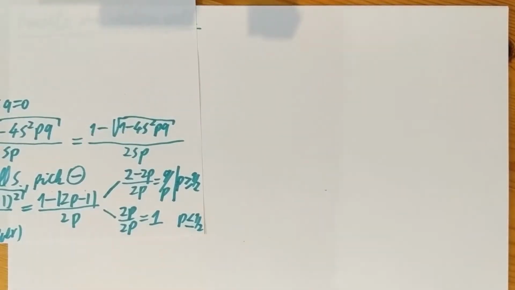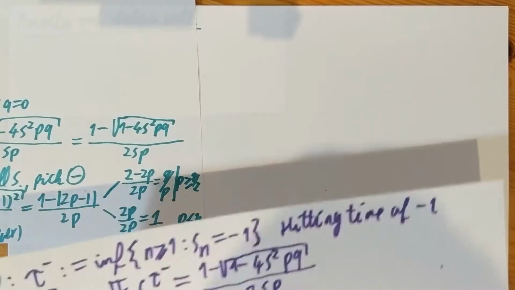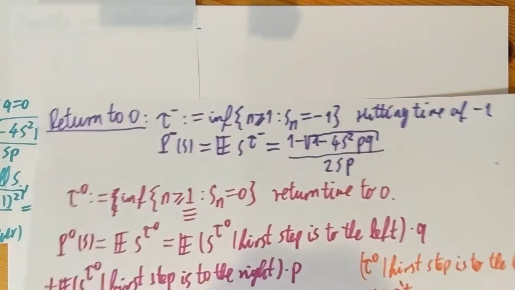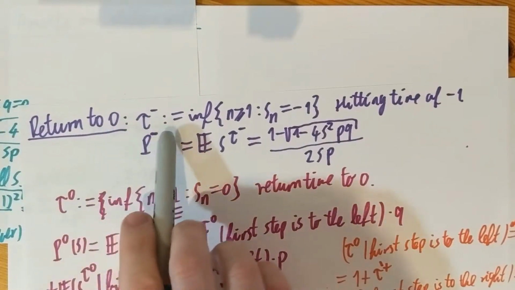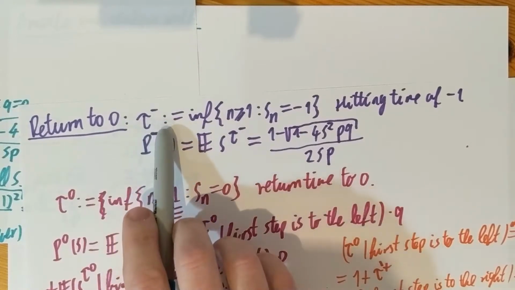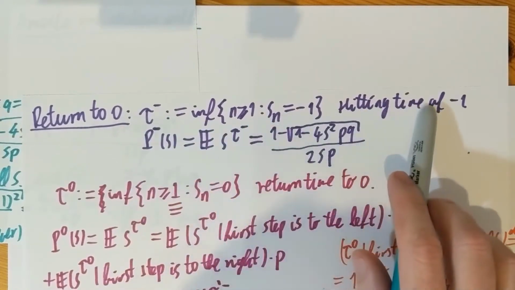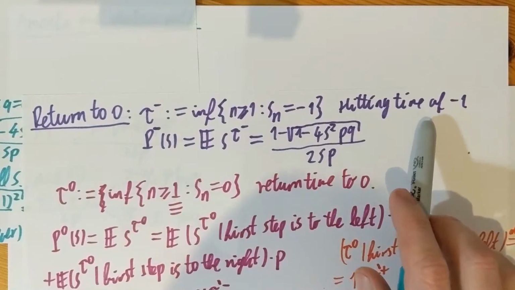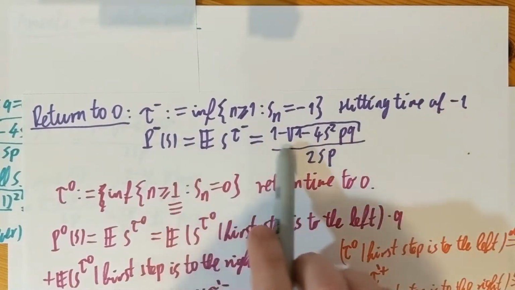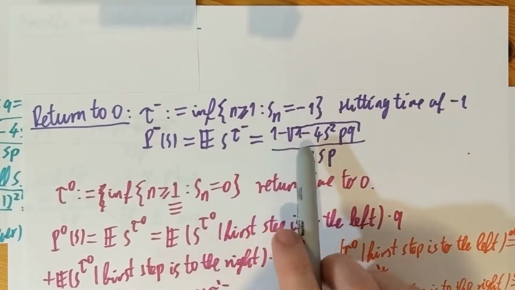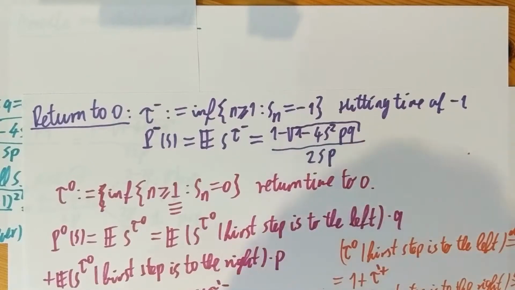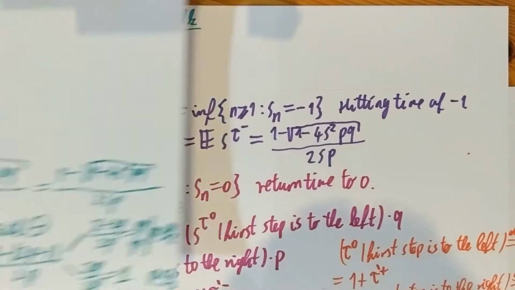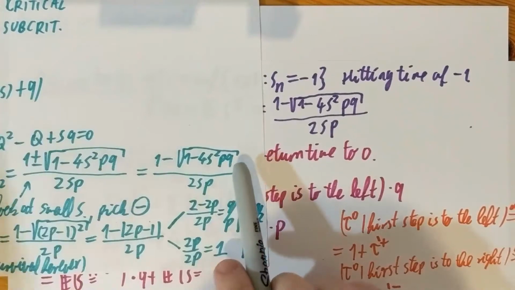Then in a previous video, we looked at the hitting time of level -1 for simple random walk, and we found this generating function to be 1 minus square root of 1 minus 4s squared pq over 2sp. And if I put these two generating functions next to each other,